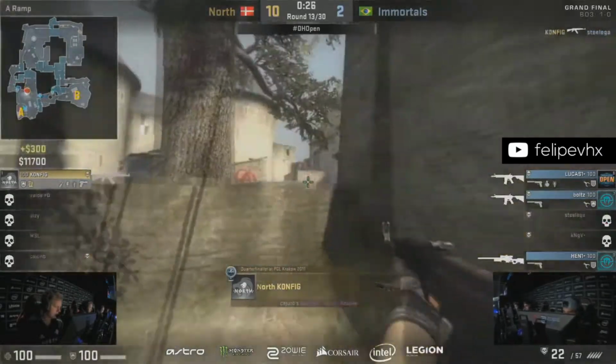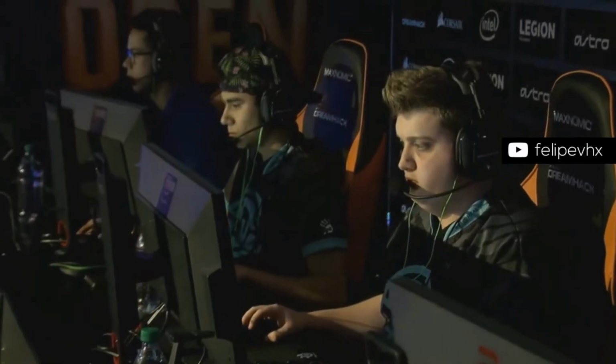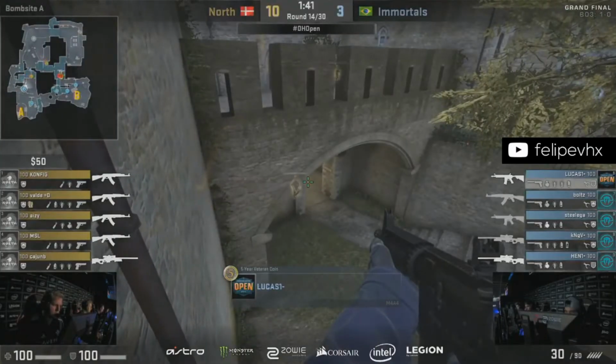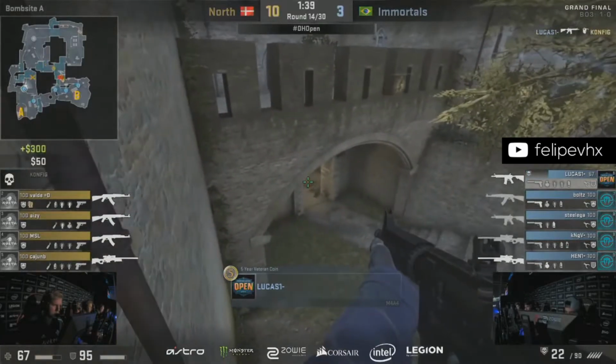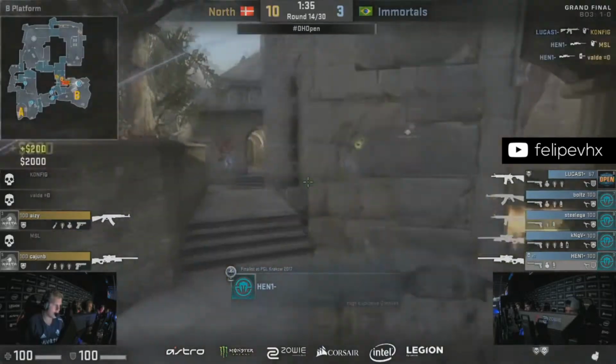Now to the top of the site, he does find Steel, and the door peek will get himself killed. That's Bolt. Lucas to the high side of the wall, and he's actually going to find early contact versus Config. Very aggressive play, as per usual. And that's